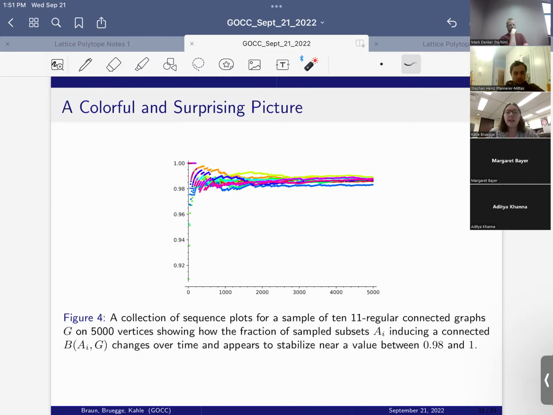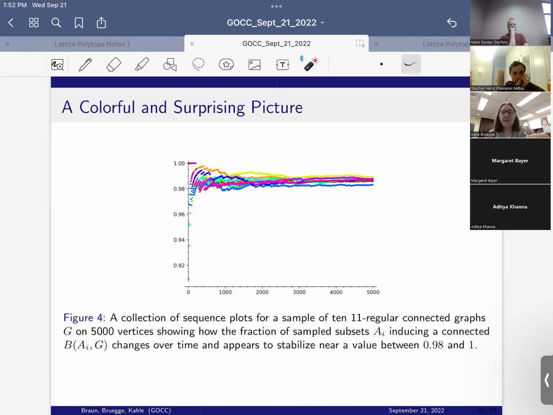This felt incredibly surprising for how sparse these graphs are. An 11 regular graph on 5,000 vertices, I think we computed, contains something like 0.22% of all possible edges. So the fact that we got all of these samples to have such a high percentage of connected facet subgraphs seemed